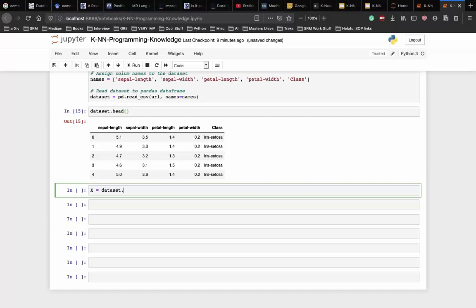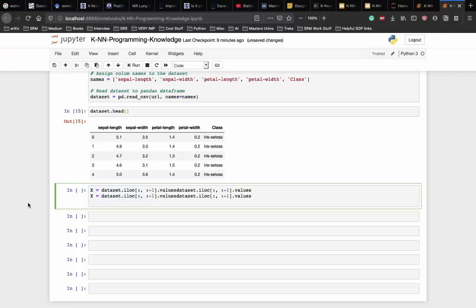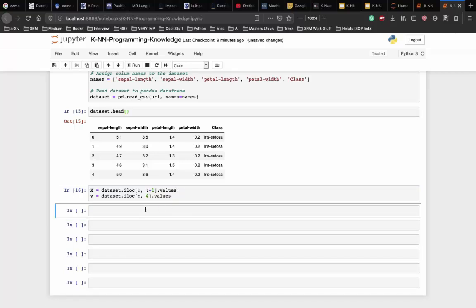So X is equal to dataset.iloc[:, :-1].values, and y is equal to the same thing, but instead of -1, it's going to be 4 because it's the last column. And let's fix this, and we are good. The X variable here contains the first 4 columns of the dataset, or the attributes, while the y contains the